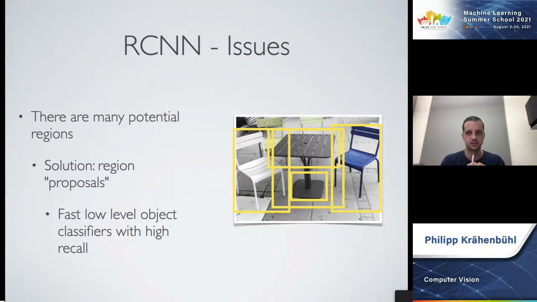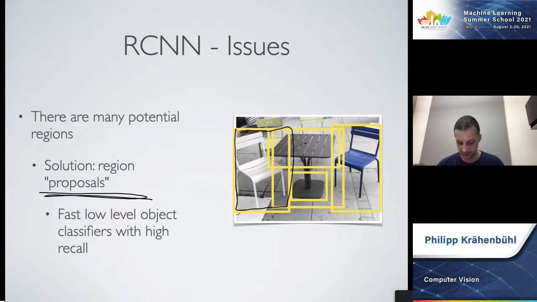And the earliest solution to this was in RCNN, which is just trying to use some low-level vision algorithm to figure out where potential objects might occur. And so these low-level vision algorithms are called object proposal or region proposal algorithms. And what they do is they just look at low-level image statistics to figure out potential regions for objects. A region proposal algorithm might give you a superset of potential objects.